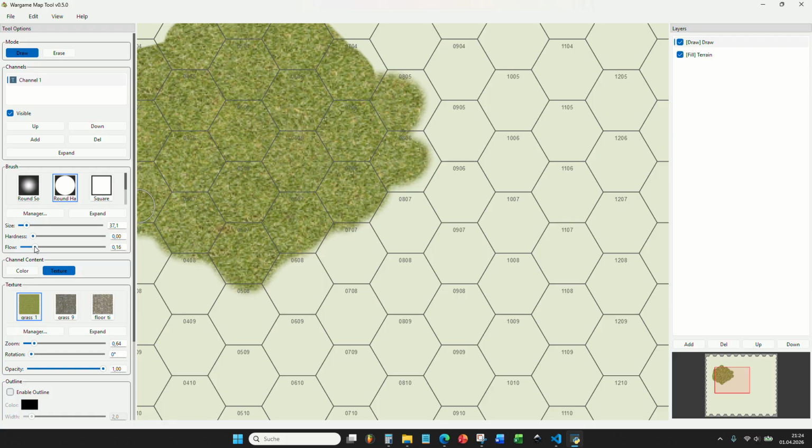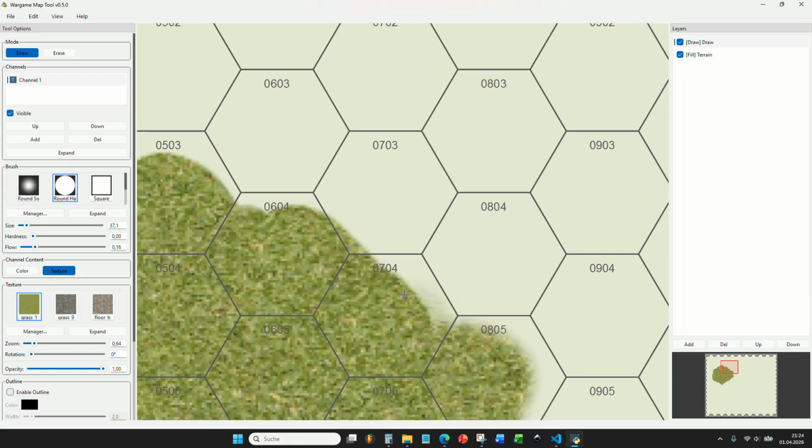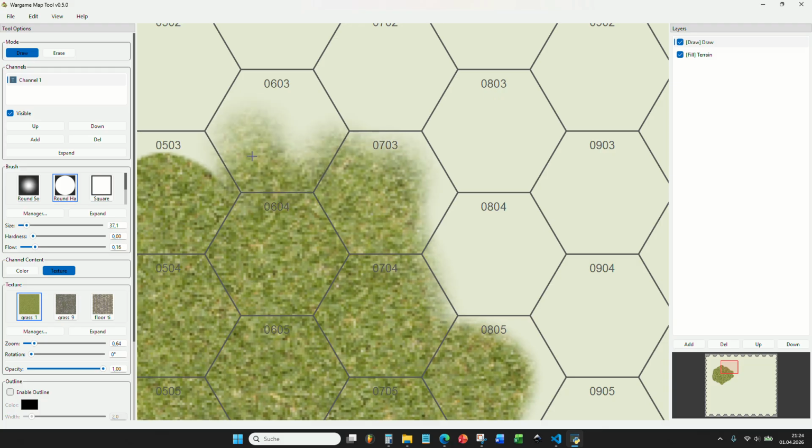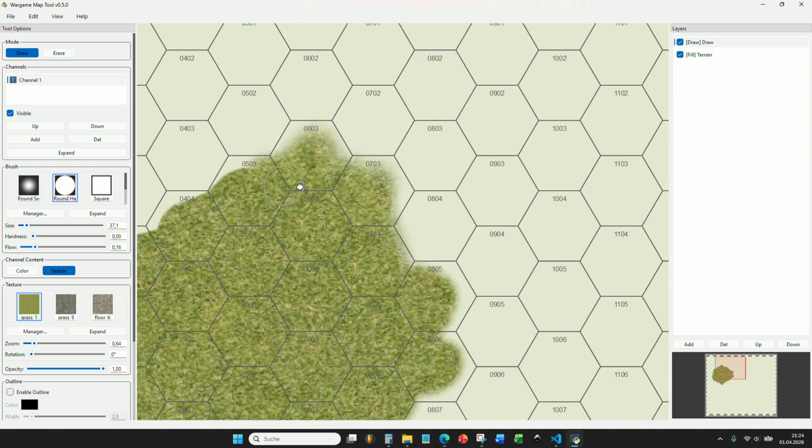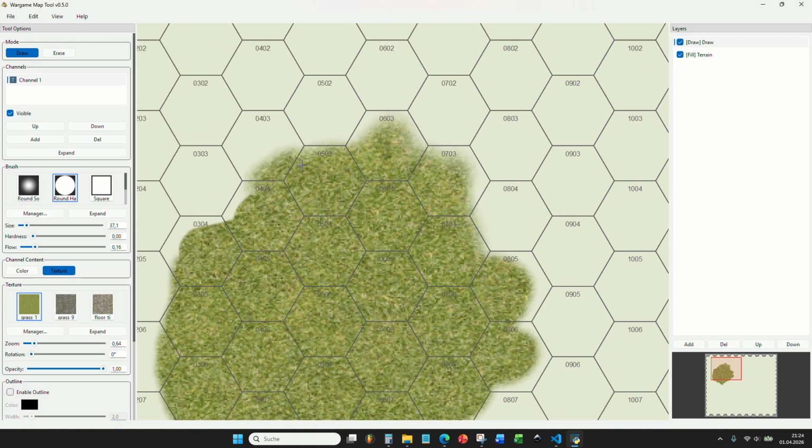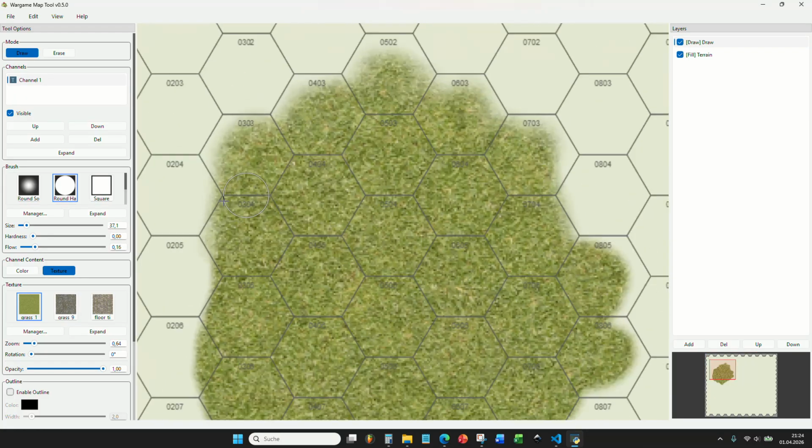And if we bring it completely down, you see that this effect gets really drastic. So you have to really overpaint in order to get a filling. And that way you can, as mentioned, create really good transitions between textures,